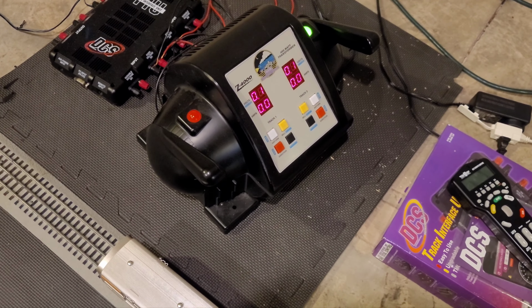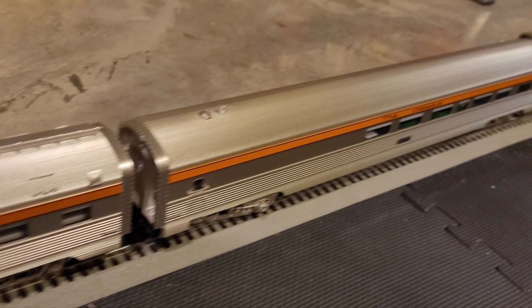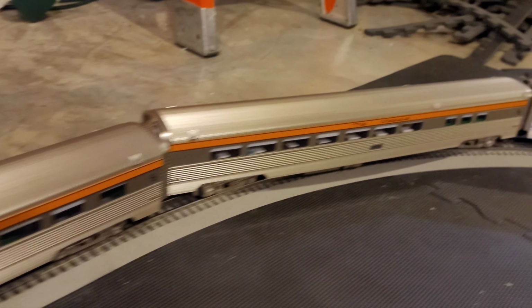I know people wanted to see the cars, so one more time we can take a look. Just arrived. I'll have to do a run video later, but there's the train,